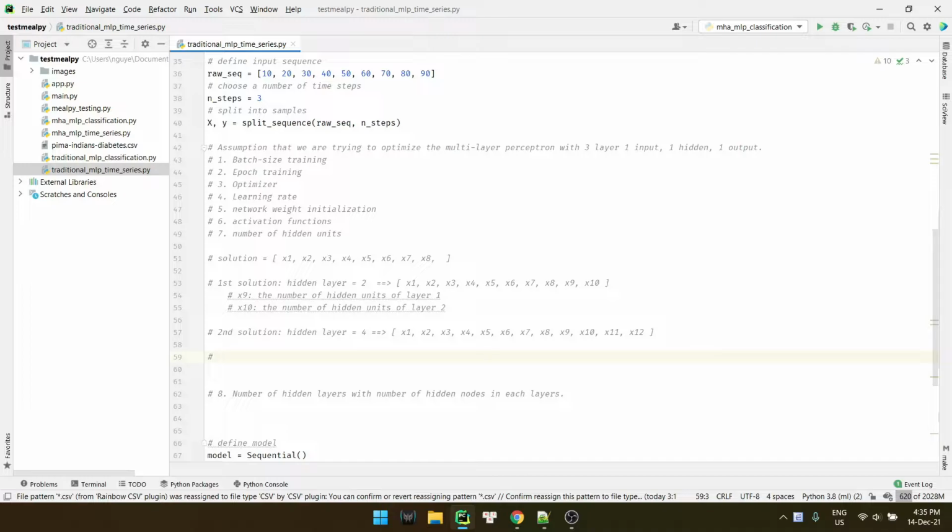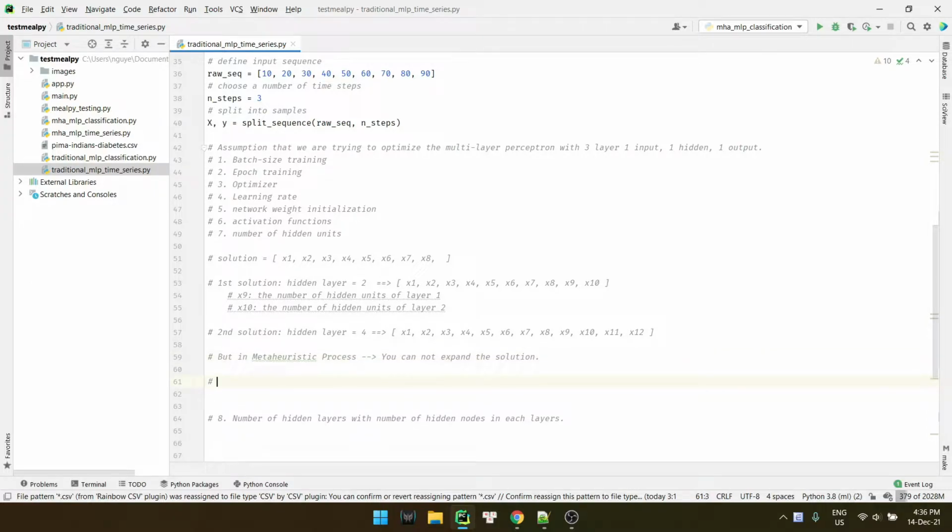But in the metaheuristic process, you cannot expand the solution. I mean the number of dimensions must be the same before and after the metaheuristic process.